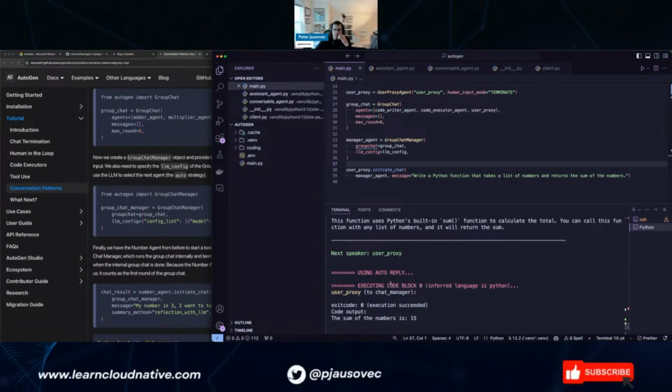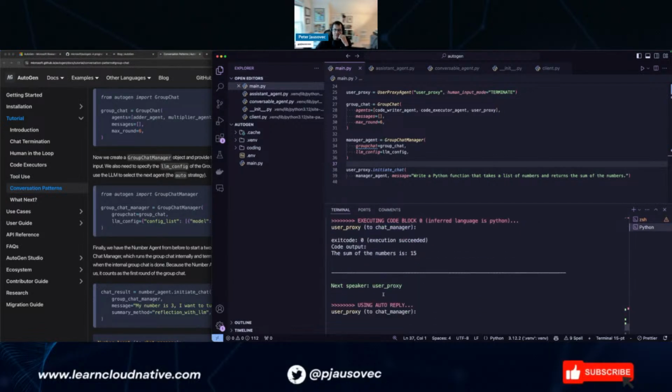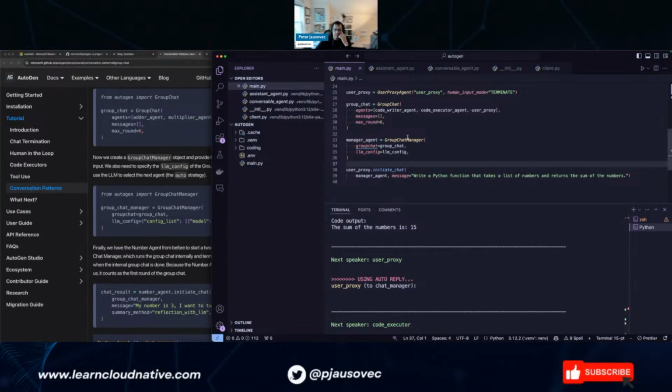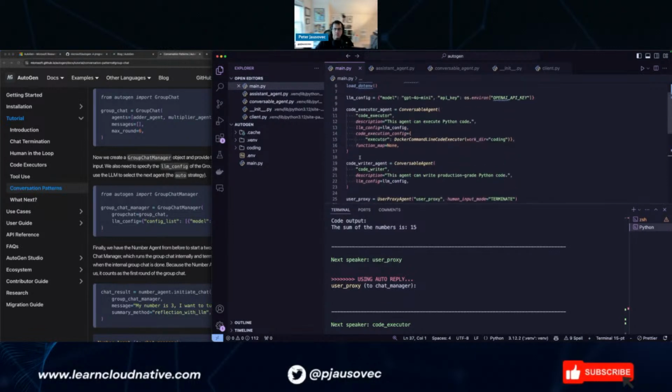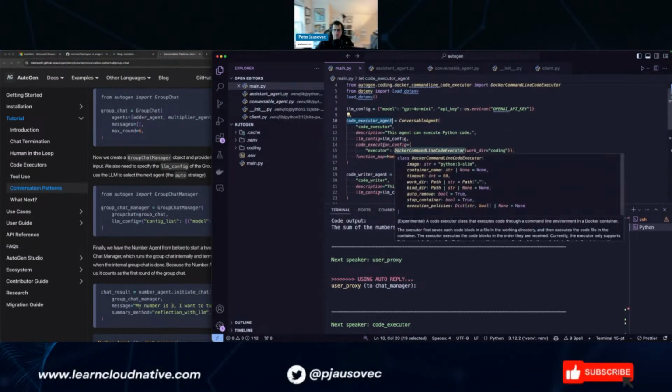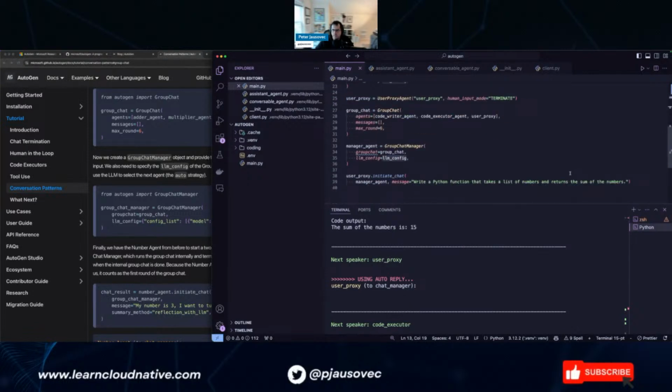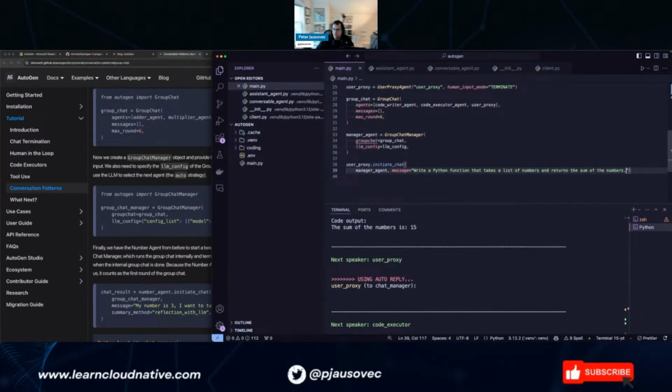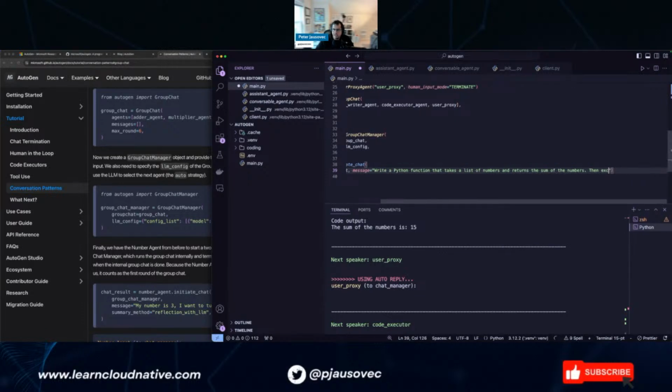Executing code. But why did it go to execute the code, right? How about we do this: sum of the numbers, then execute the function with the following input list of numbers.